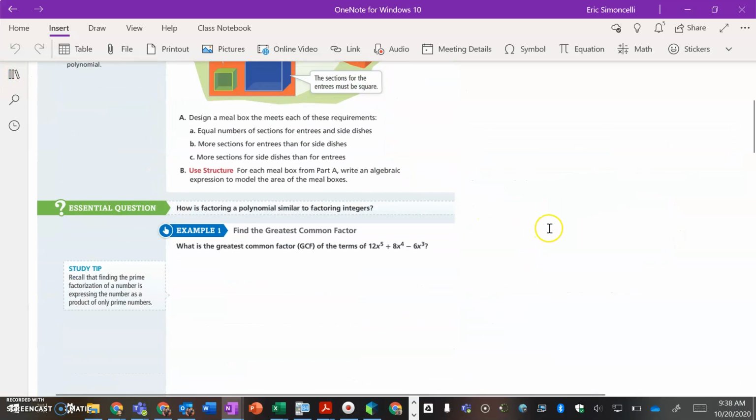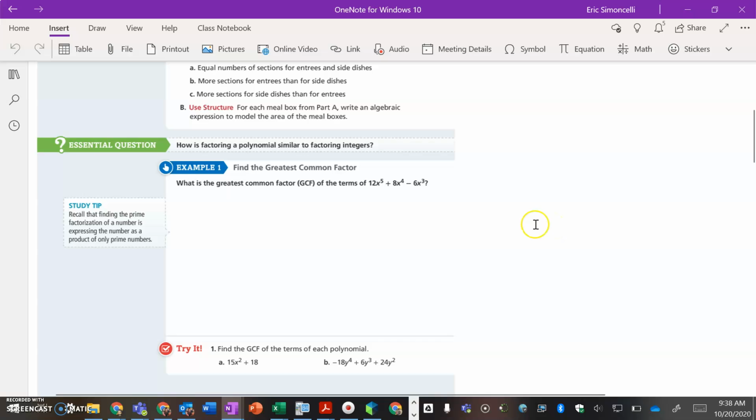Example 1. Find the greatest common factor. What is the greatest common factor, or GCF, of the terms of 12x to the fifth plus 8x to the fourth minus 6x to the third? Step 1. Write the prime factorization of the coefficient for each term to determine if there is a greatest common